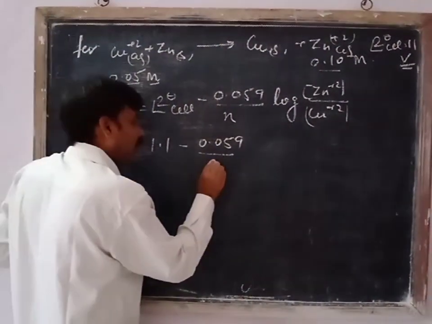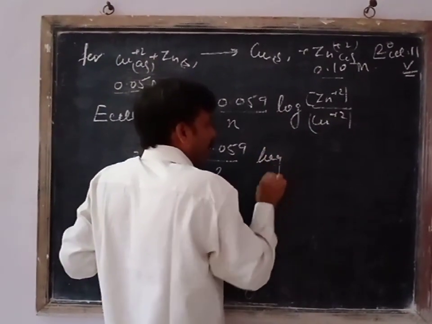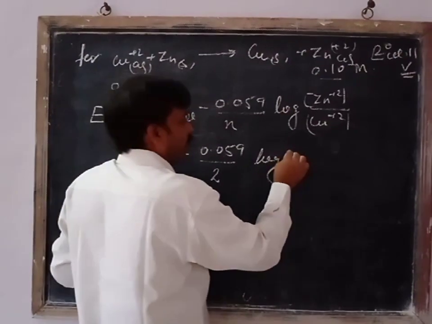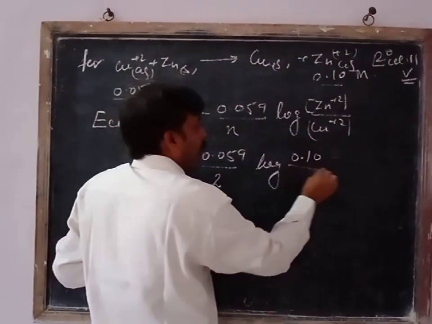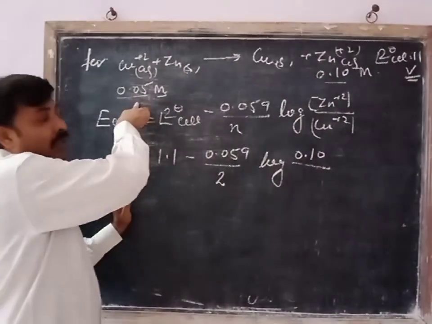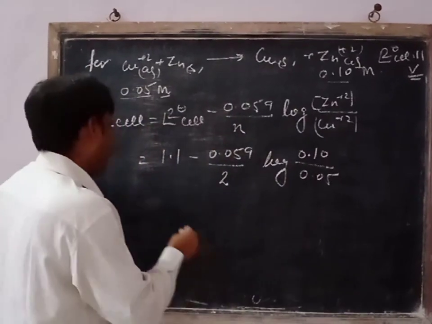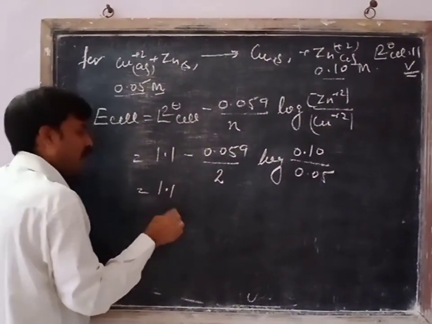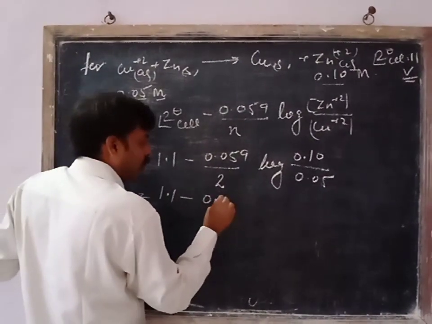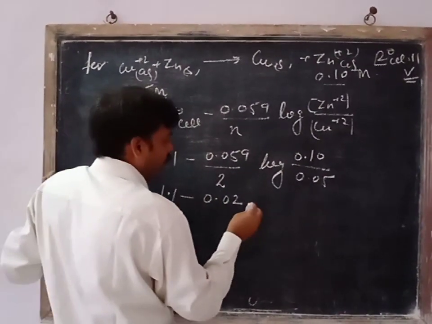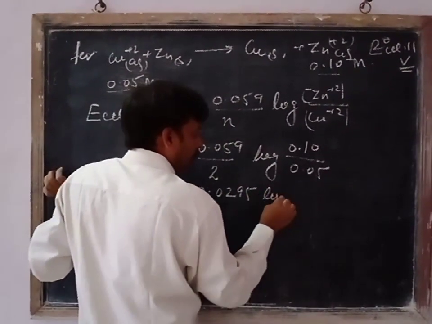So the value of n is 2, log of the concentration of product, the zinc ion, which is 0.10, upon the concentration of reactant, 0.05. Solving it, it is 1.1 minus 0.0295 log